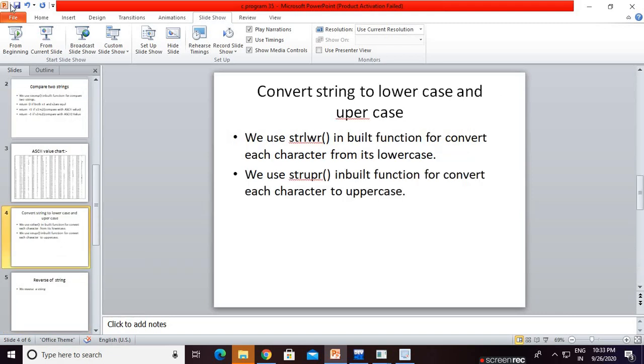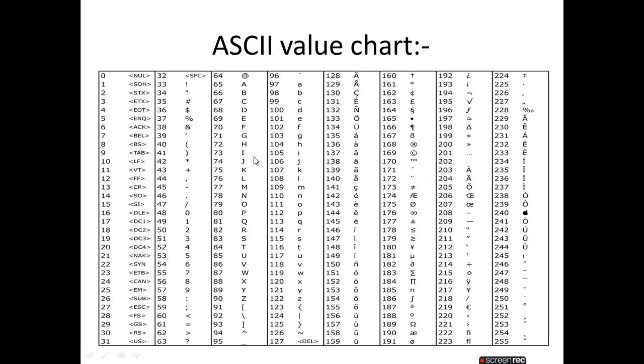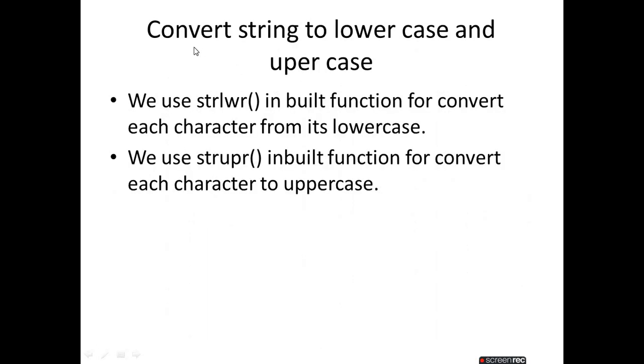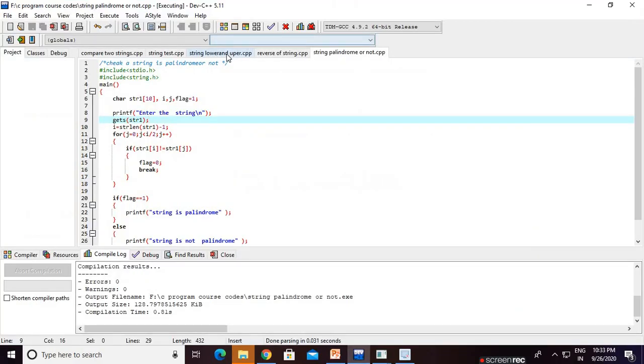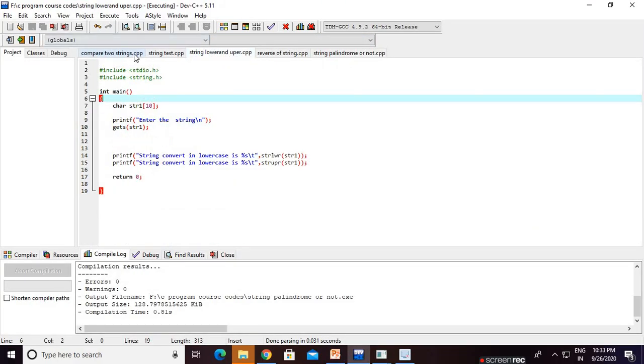Now I would like to show you how to convert. I already showed you, but I did not show the code. So go to the Dev C++. This is a code to convert a string to lower or upper case. If you enter lowercase, it converts to uppercase, or vice versa. Or if you enter a mixed string, small, lower, upper, after conversion the string is fully converted to lower as well as fully converted to upper.